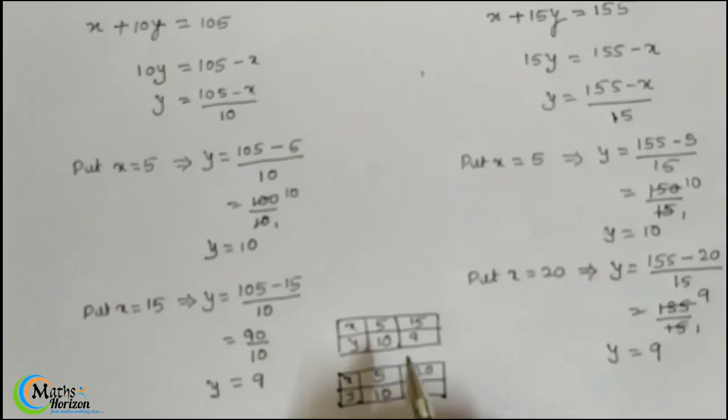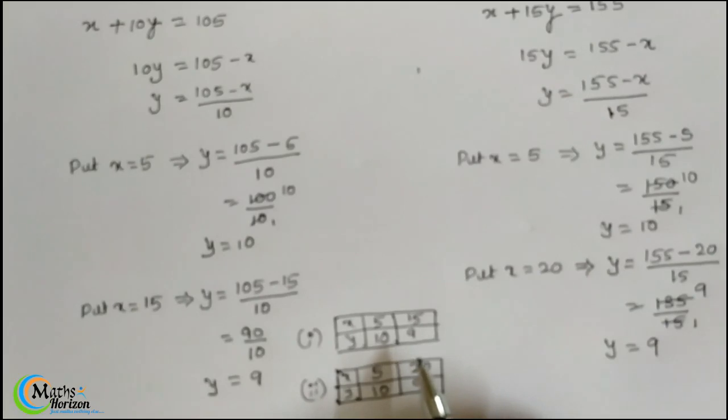So here we can observe that with these coordinates only, we can find out at what point the two lines will coincide each other. So here for x is equal to 5, y value is 10. The same way in the second equation also, for x is equal to 5, y value is 10. That means for the point 5, 10, these two lines are going to coincide with each other. That means this is the only solution. But let us see graphically how they will coincide.